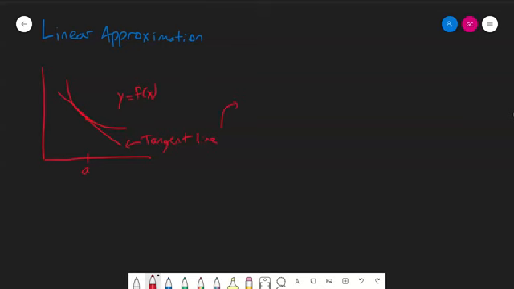Now to write the equation of that line, we need to know a point on that line. Well, we kind of already have that. We know that the x-coordinate is a, and since it lies on the graph of y equals f of x, the y-coordinate must be f of a. Furthermore, the slope is given to us by the derivative of f evaluated at the point a. And then using the general formula of y equals m times x minus a plus b,